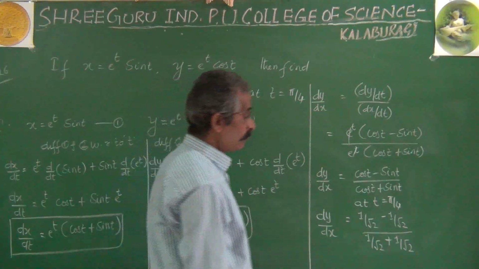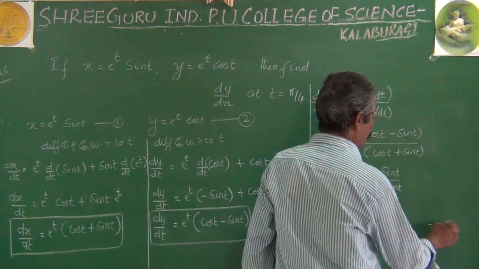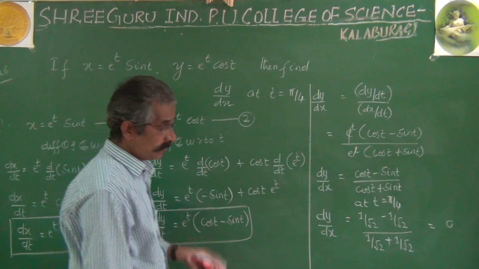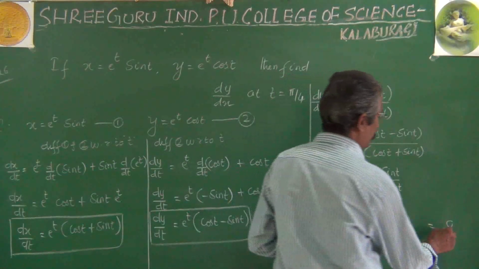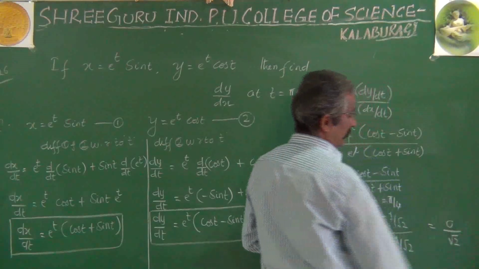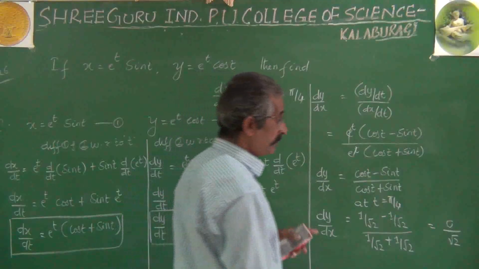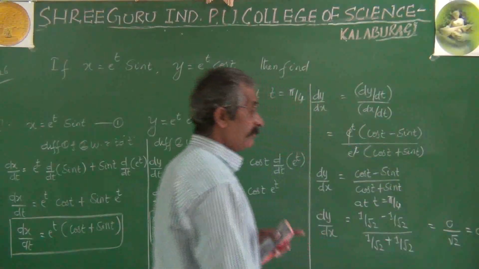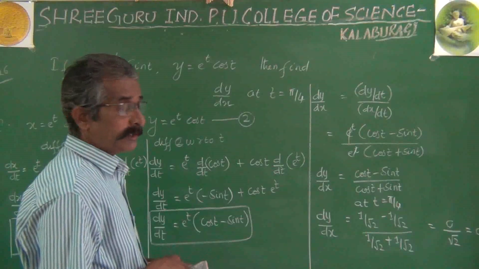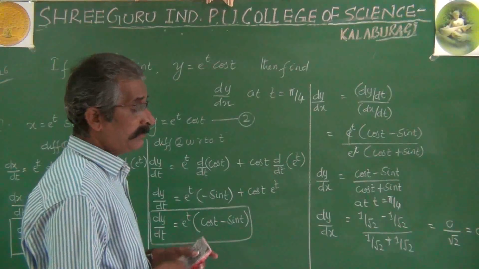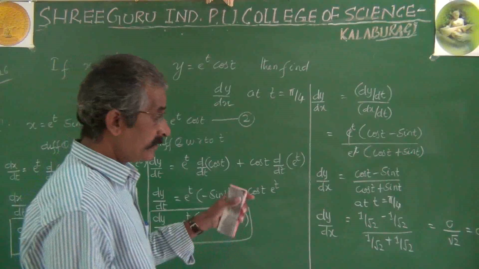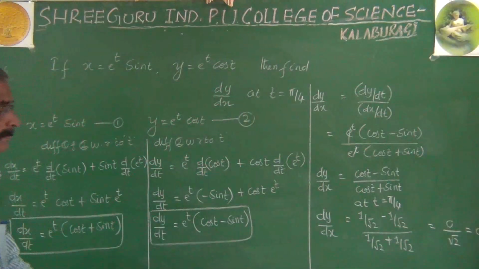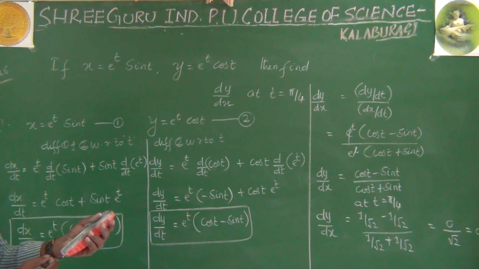However, 1 by root 2 minus 1 by root 2 will be 0. And 1 by root 2 plus 1 by root 2 becomes 2 by root 2, and 2 by root 2 becomes root 2. It is 0 divided by root 2. However, it is 0 by non-zero. That's why its answer is perfectly 0. By chance, if it were non-zero by 0, your answer would be said to be undefined, I mean, does not exist. But in this case, it exists, and the existing answer is 0. Next problem.